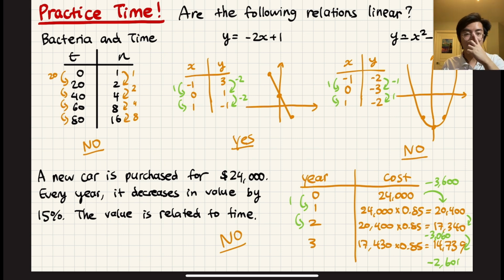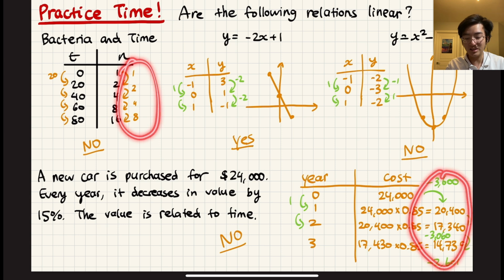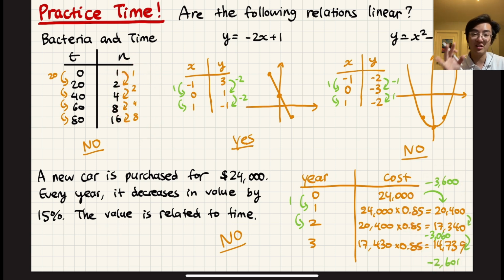So if we are given a word problem or a graph, then as long as both changes for the variables are constant, it's linear. And similarly on a graph, if the line of the graph is straight, then it's linear. If you get curves on a graph, or you get changes like this where it is not a constant change, then it is not linear. So yeah, with that being said, keep practicing and